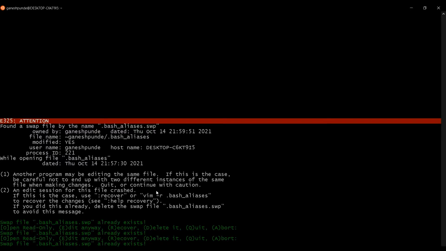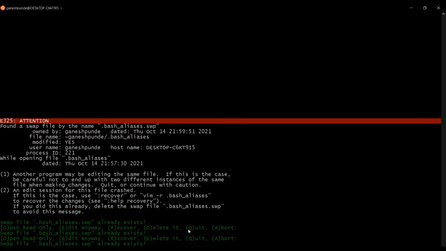Quit or continue with caution, or edit the session for the file, or you can use Vim to recover the changes, or you can delete the swap file to avoid this message. It is showing you E to edit anyway, R to recover, or D to delete.